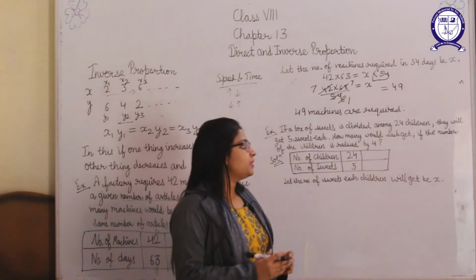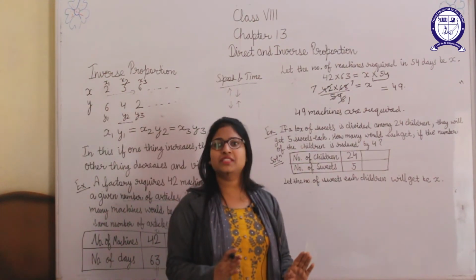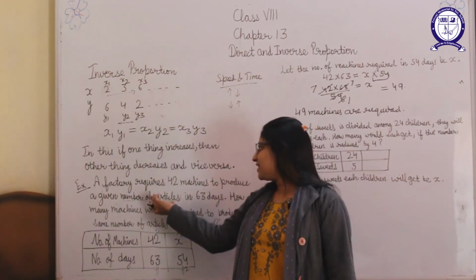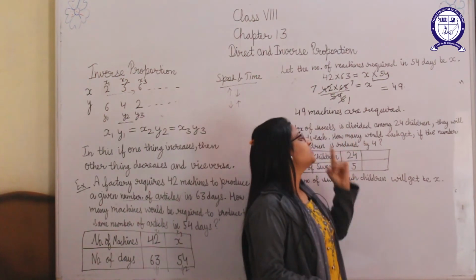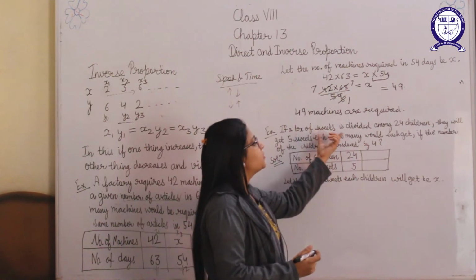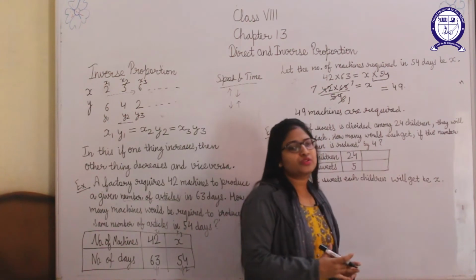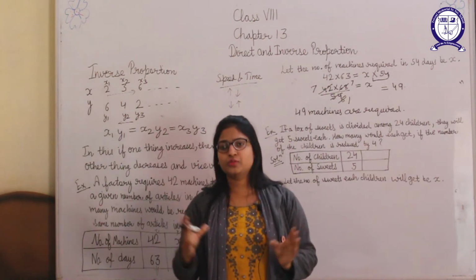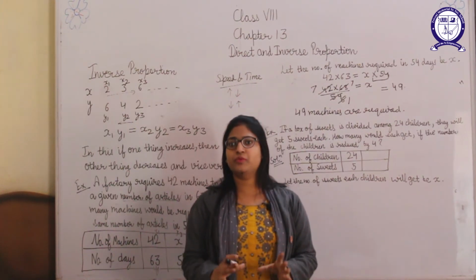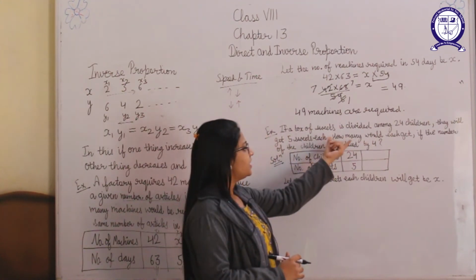Students, what does this mean? Suppose there is a box of sweets, okay, means the number of sweets will remain same. As in this, the distance was same. In this, the number of articles were same. In this, the number of sweets in the box will remain same, right? So what is constant here, means what is not changing, is the number of sweets, okay. If you divide them among 20 students, 24 students, 28 students, whatever the number of students are, you have to divide that given number of sweets only, okay. So here the number of sweets are fixed, as we can say, okay.